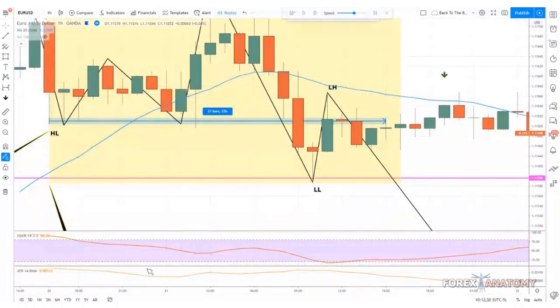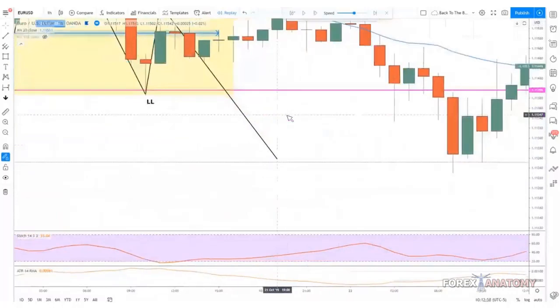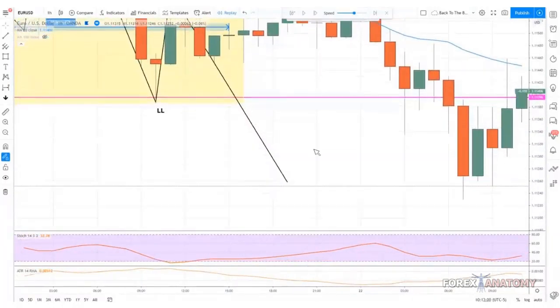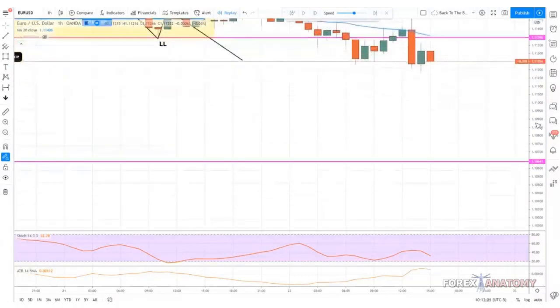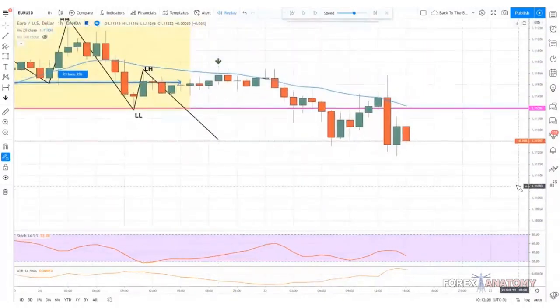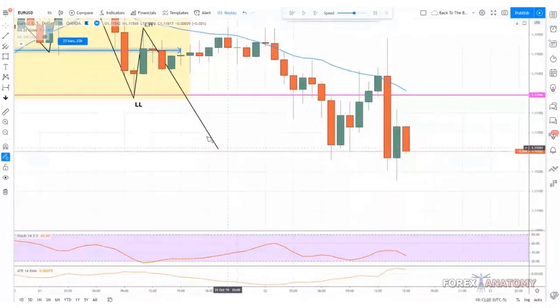So yeah, we're going to do more examples of this just to give you an idea of how this works. But right now, we can just stay on this chart, and we can just draw in the price waves on this chart for now. So then price went, and what happened?